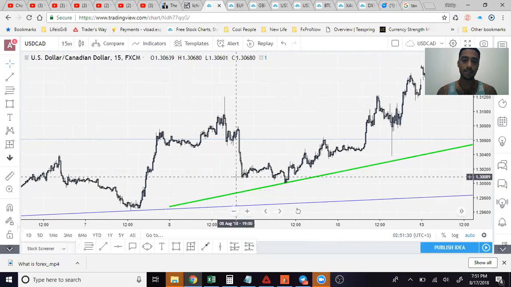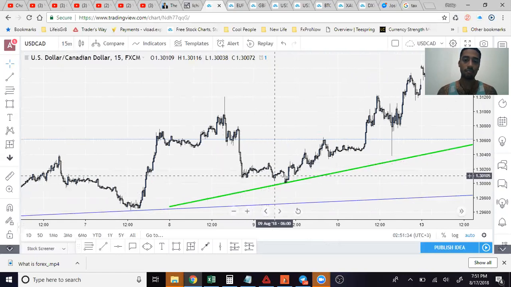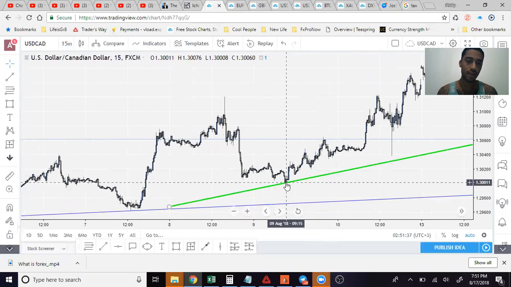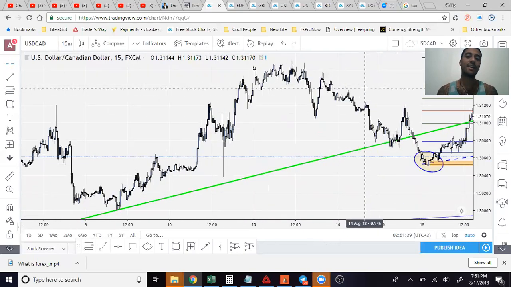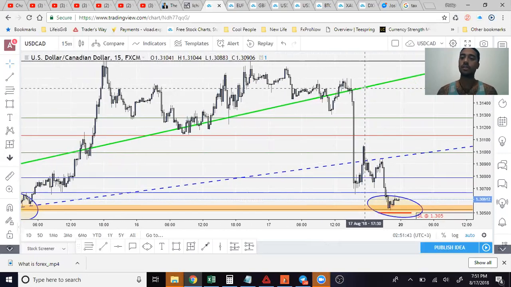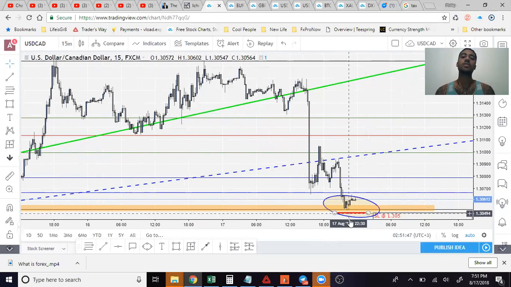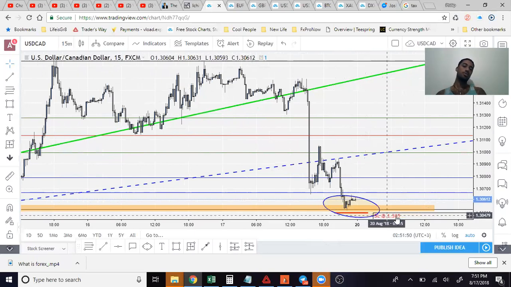As we can see right here, price got to some area and then from there pushed up and then went back to that area and then pushed a little further down and then continued on its way. And I really don't like it when price wicks my stop loss and then it goes in the direction that I want it to go. So you can put your stop loss right here or just push it a little further down,